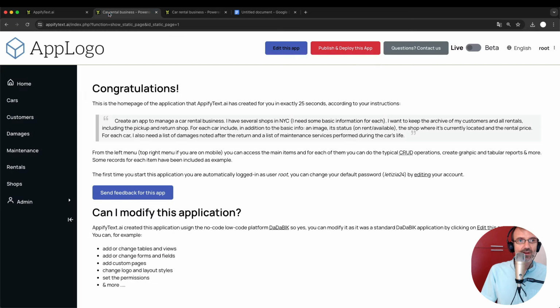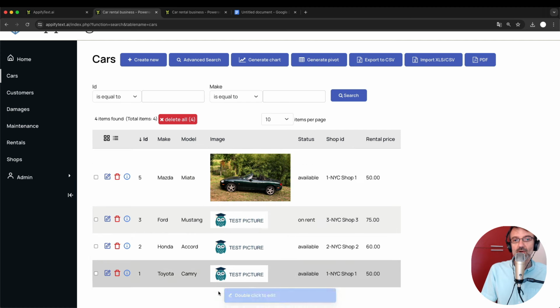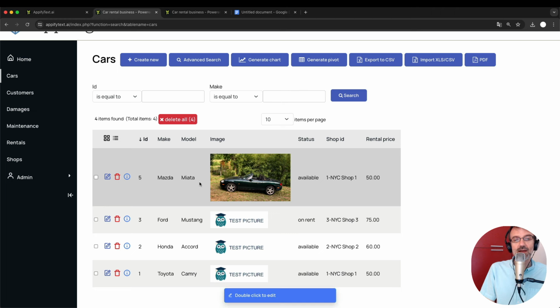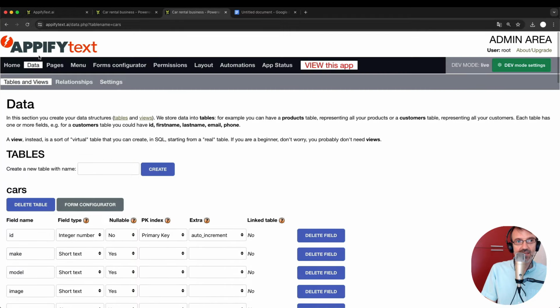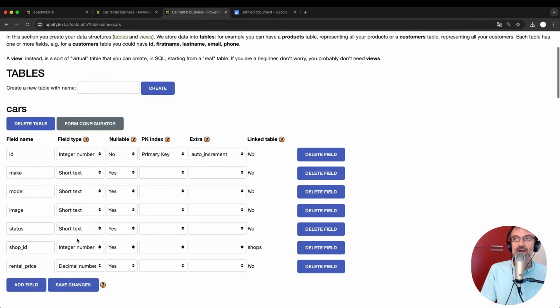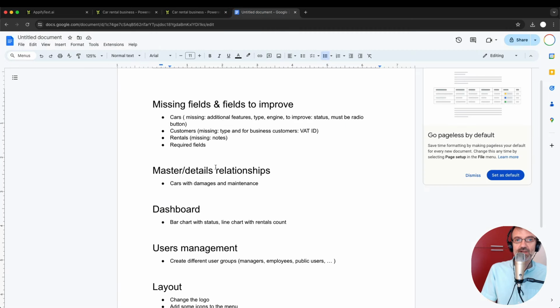So for example, cars is a table containing rows or records, one for each car we have in our business. From the data tab, we can control the fields in the cars table. So ID, make, model, image, status, and so on. But we said we need 3 additional fields: